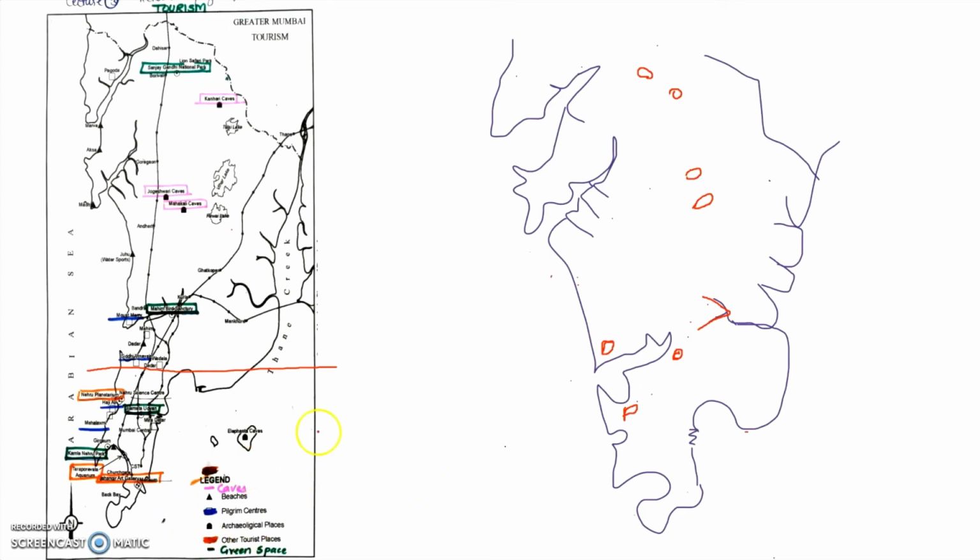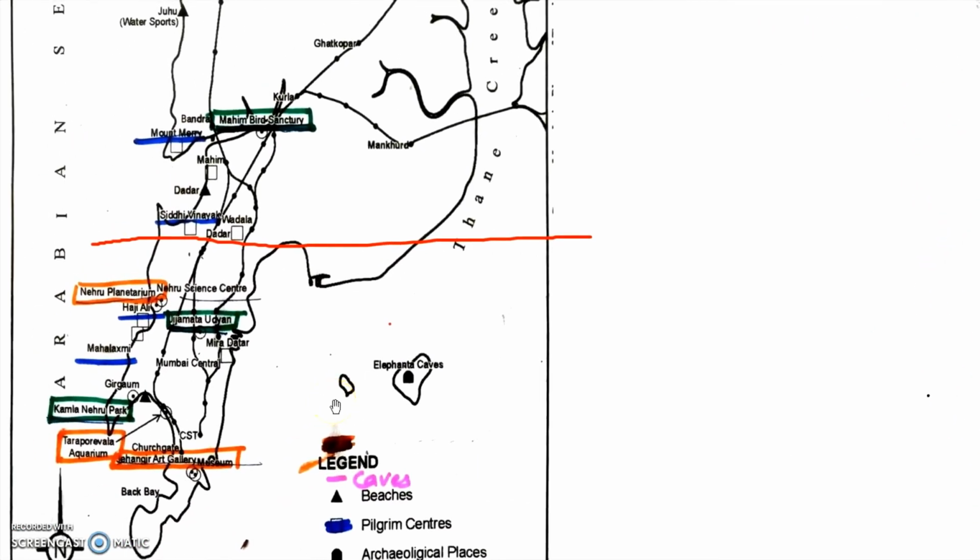Now you go to the lower section. If you zoom in here, okay, see now this is your South Bombay. It is famous as Sobo, right? This section that you see, Nehru Planetarium, Haji Ali, Nehru Science Center, this is a Worli area. Okay, this circle that you see here where there is Jahangir Art Gallery, Taraporwala Aquarium, Kamla Nehru Park, this section